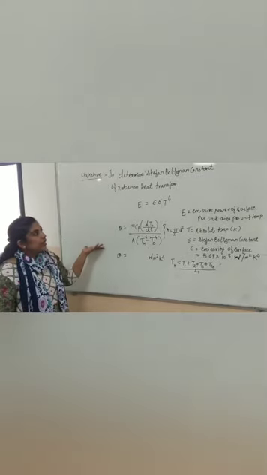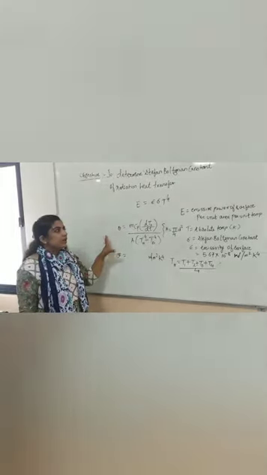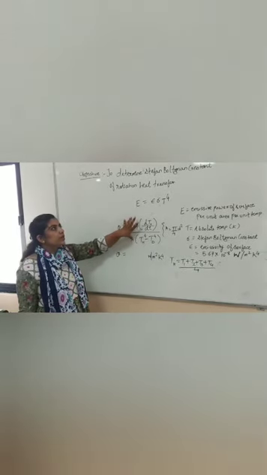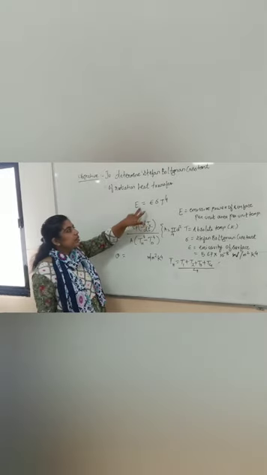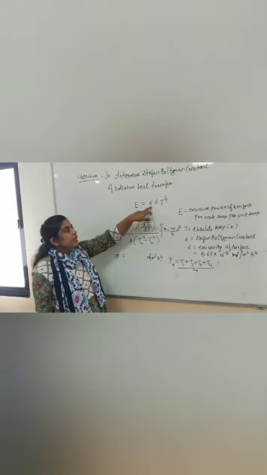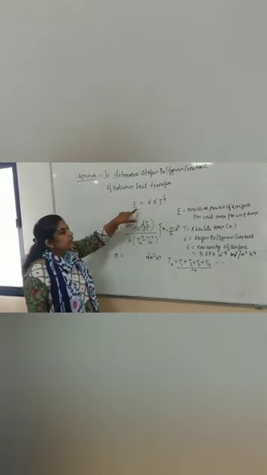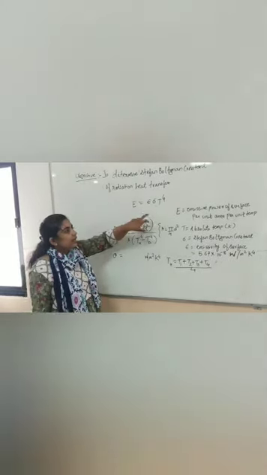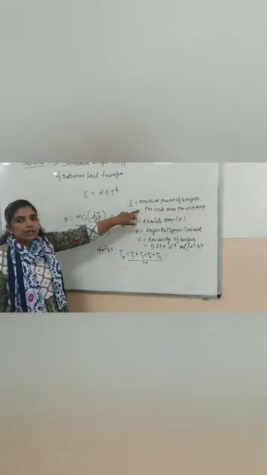As we know, radiation heat transfer phenomena is the basis of this whole experiment. First of all, there is a formula: emissive power E is equal to sigma T raised to power 4. This is the Stefan-Boltzmann law. So what is the E? E is the emissive power of surface per unit area per unit temperature.